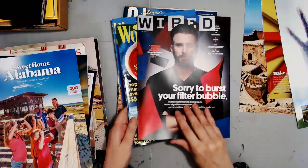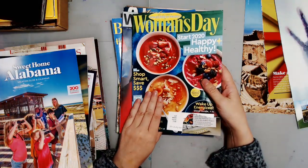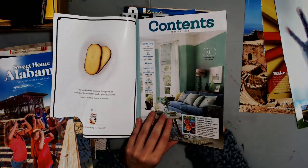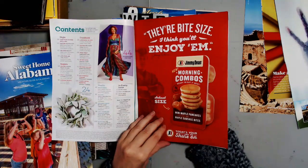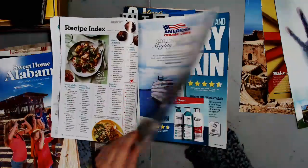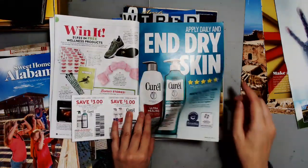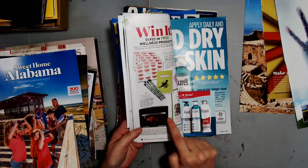So here's a women's magazine, and I like these mainly because they've got some interesting articles. And when they've got an interesting article, usually they pick an interesting image to go with the article. And it may be something completely random. Let's see, here's some shoes that would be good. Here's a microwave oven,